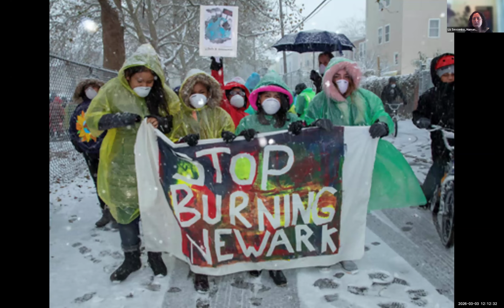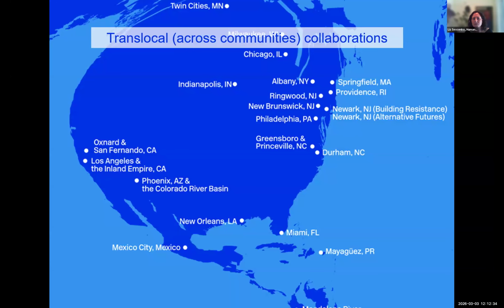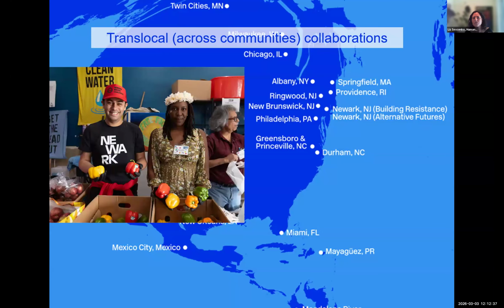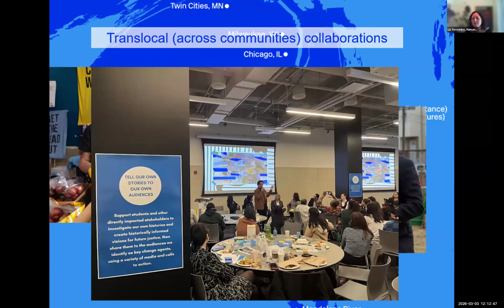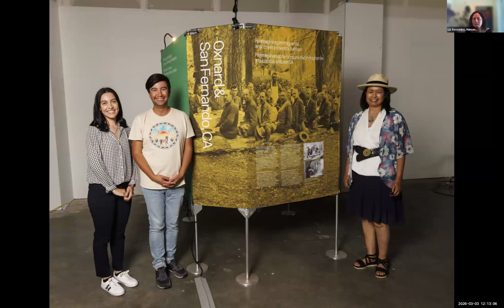So again, those are happening locally, but then in each of the teams, we facilitate translocal collaborations in the form of actually flying people to visit each other and engage and learn from each other on site, and having convenings like the one that we had a few weeks ago that bring people together to really share their experiences and develop shared projects. At the end of all of these, or through all of these kinds of engagements, each local team produces what we call a local story.